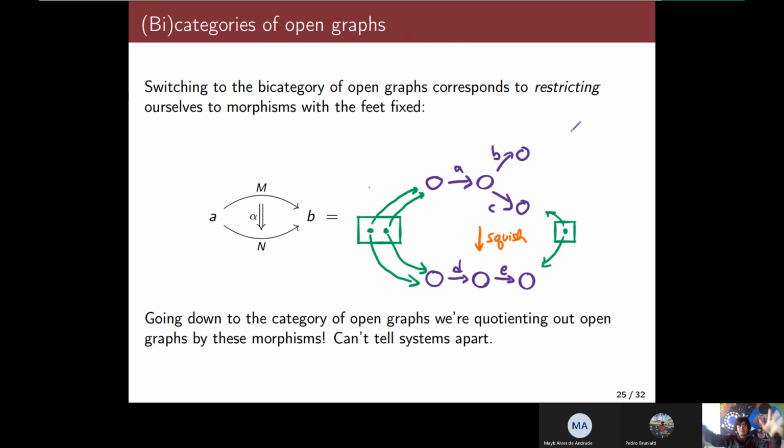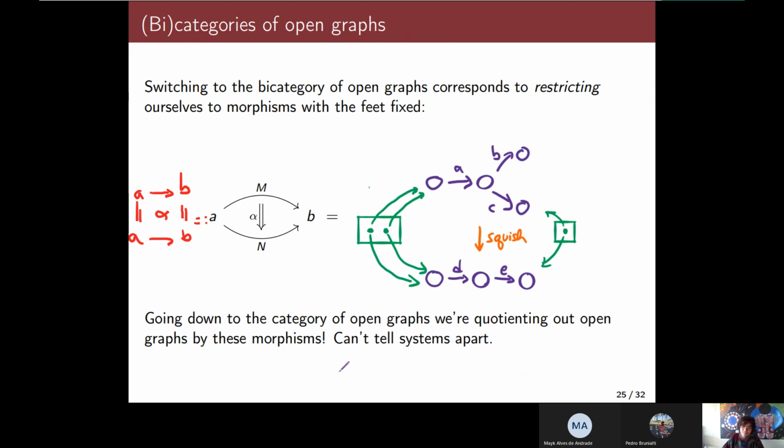And what I said in the introduction says that we can go from that double category to the bicategory of open graphs. And this is sometimes very useful to keep in mind, because bicategories are better studied than pseudo double categories. And the picture that was missing here is that this will be defined by this. This is like a definition. And what we'll have in the end is you have an identity up here, if you want. And if you go down to the category of open graphs, we quotient out these open graphs by isomorphisms. And in the first paper on cospan approaches to open systems, we only had